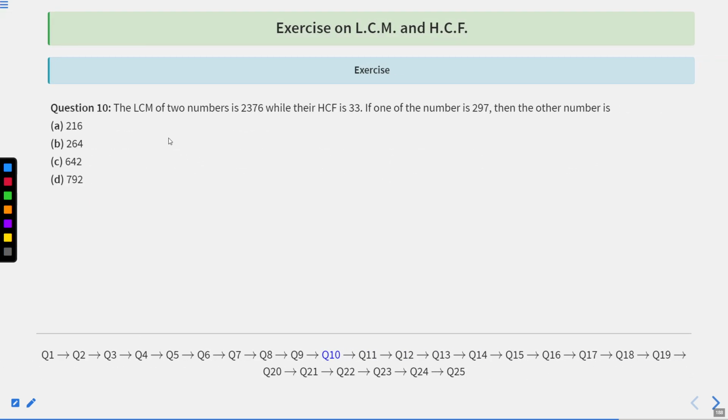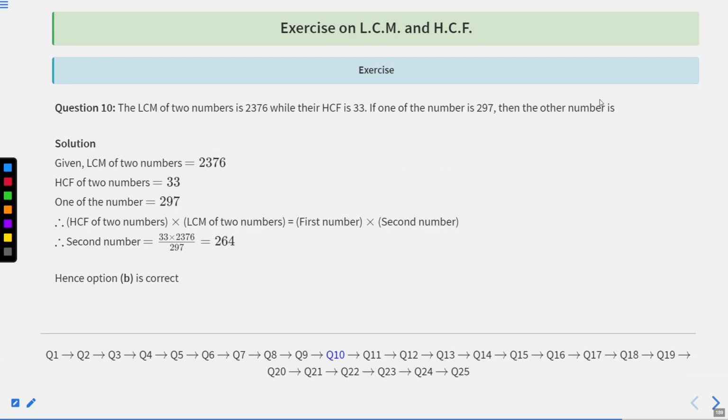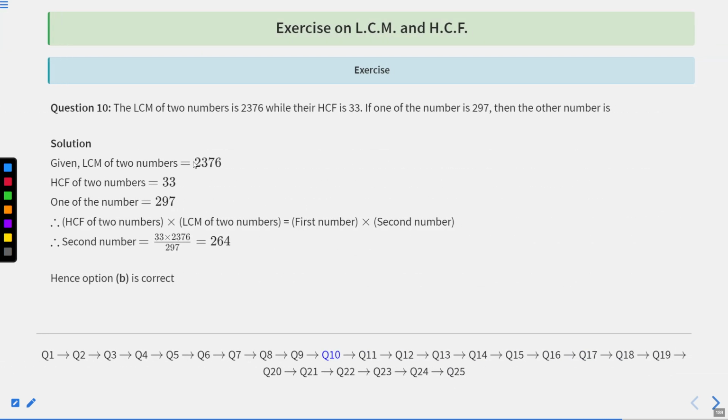Question number 10. The LCM of two numbers is 2376, while their HCF is 33. If one of the numbers is 297, then the other number is? Given LCM of two numbers is 2376 and HCF of two numbers is 33 and one of the numbers is